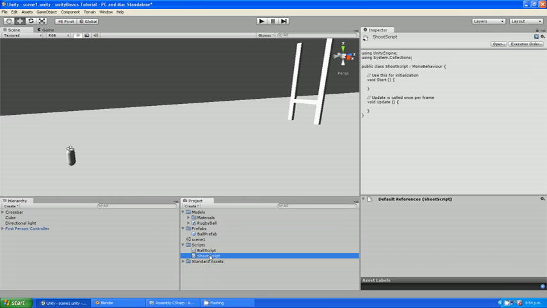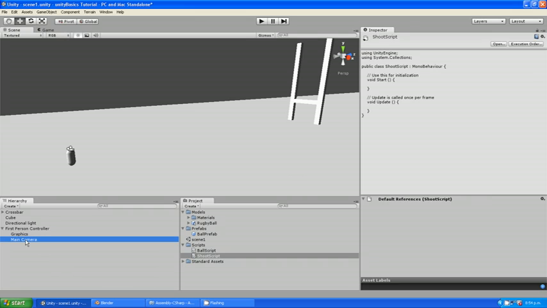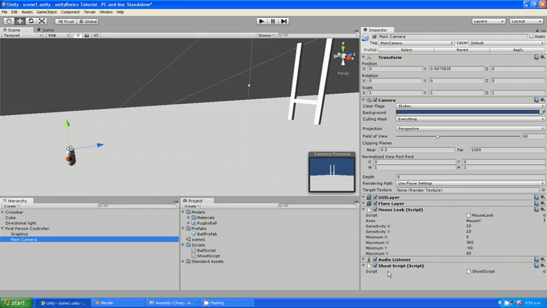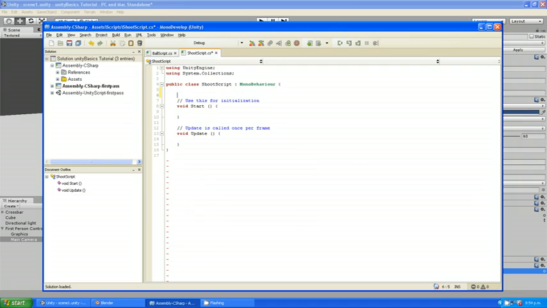I'm going to use just this shoot script that I'm going to attach to our main camera. If I click on shoot script and continue, it will be attached now to the main camera, which is part of my first person controller. Now the reason I'm attaching it to the main camera is because we're going to use it to find out which way the main camera is actually pointing, so that we can shoot something off